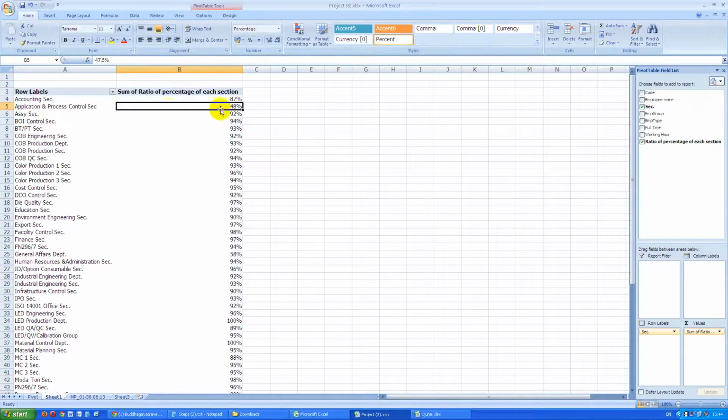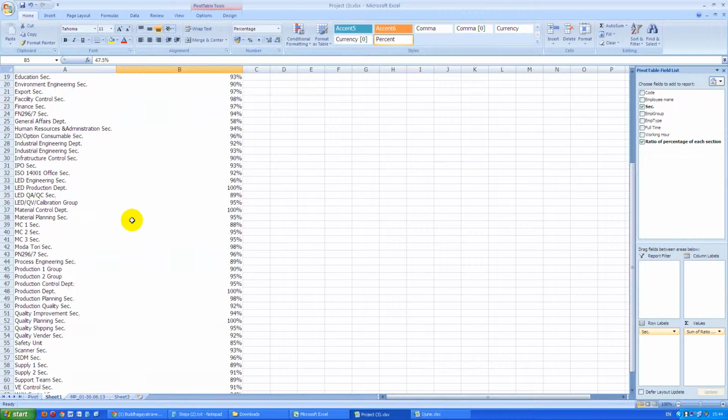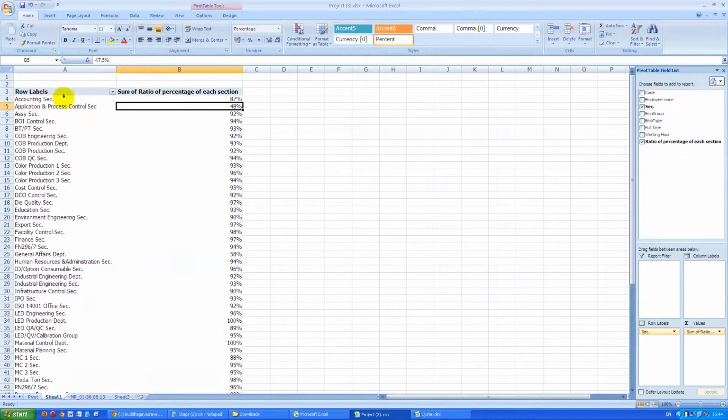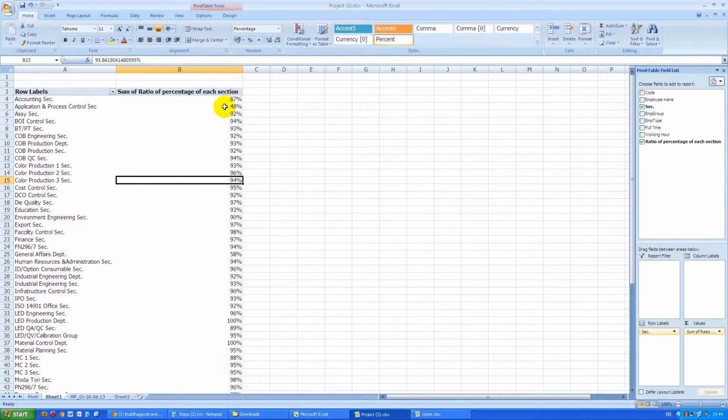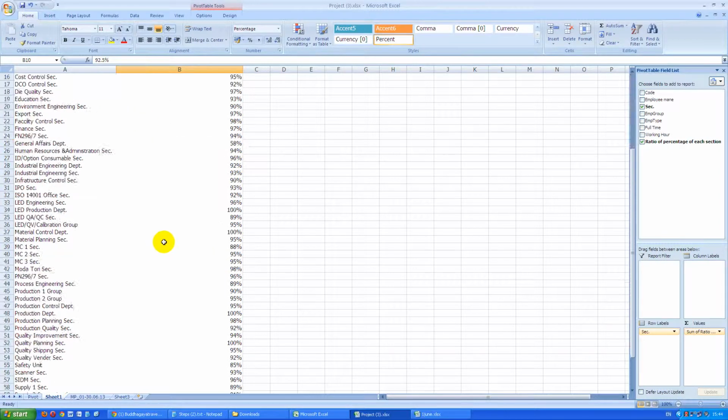Here we go. So this shows the percentage of every section of the company, how much percentage of work they did to the company for product production, and this is the way to show it. And the next,